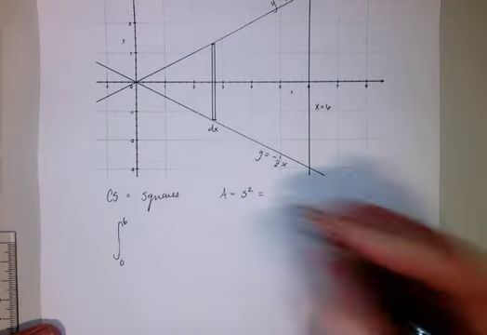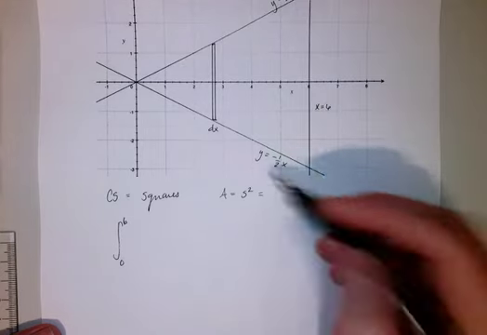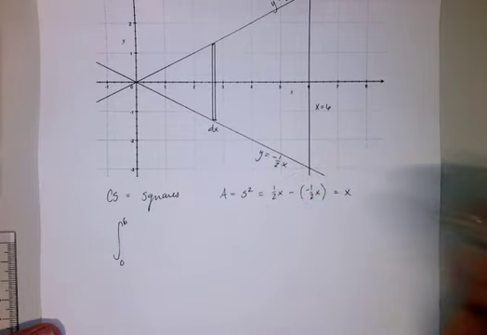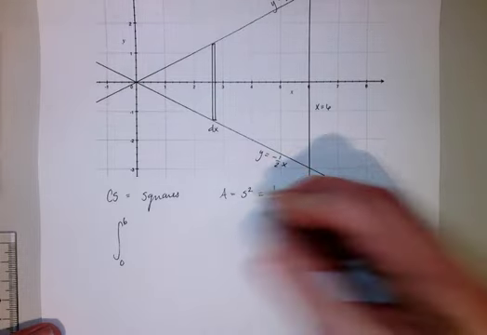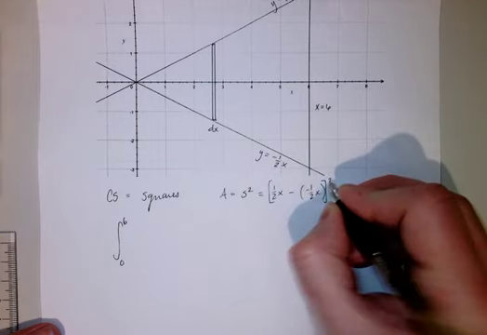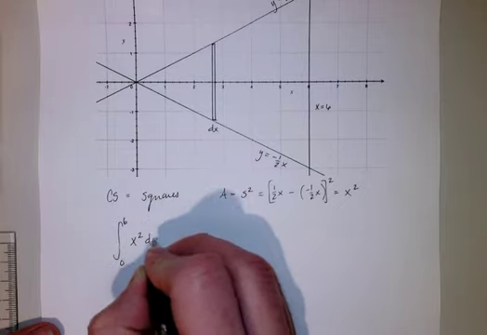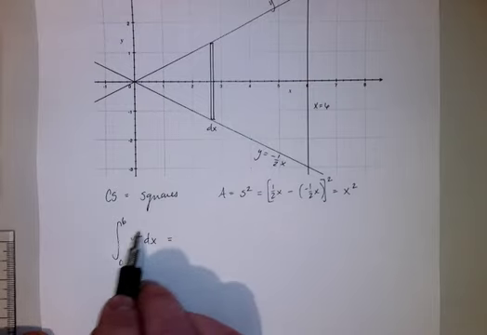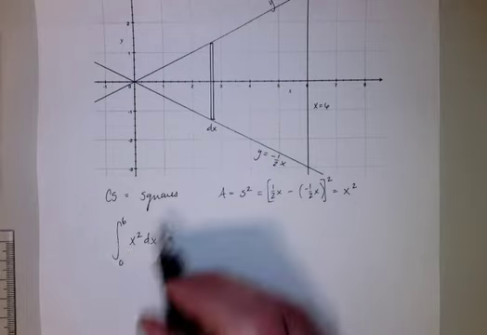Well, what's the side in this particular one? The side is just this top function minus this bottom function. So 1/2 x minus a -1/2 x, or just x. That's s. So s squared would be that side squared. And of course it's number 1 on the worksheet, so it just winds up being x squared dx. This variable expression represents the area of the face, the square face of each infinitely thin prism that